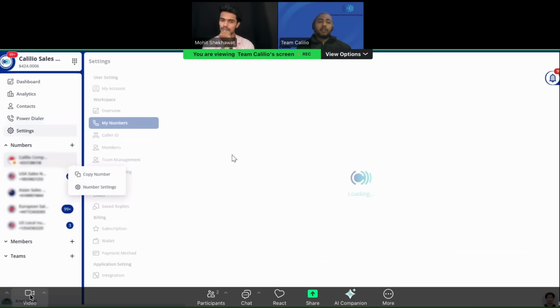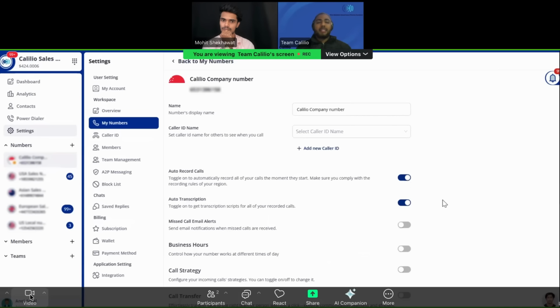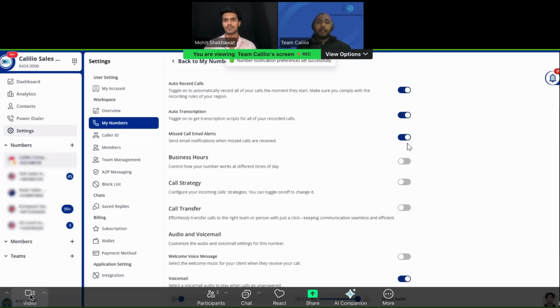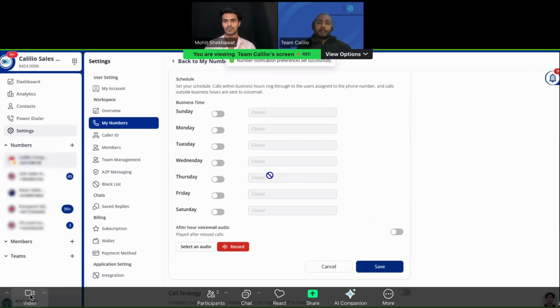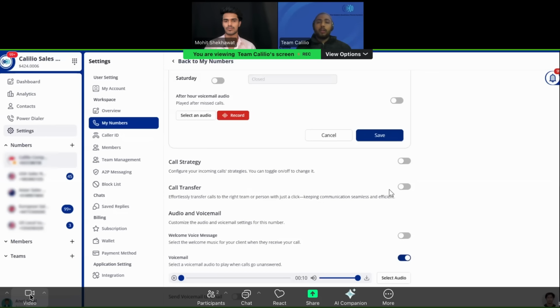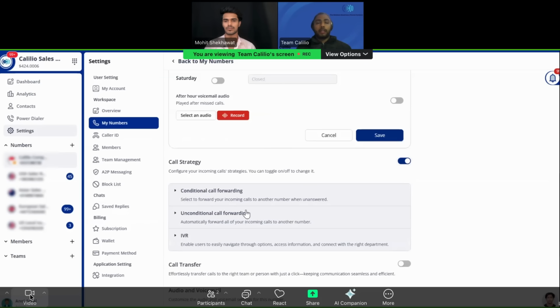Where the basic plan doesn't have these features. Let's say the basic plan has auto call records and auto transcription. They don't have business hours. They can also set the business hours and specify the working hours of their office so that only in that particular time they can be reached. They can also use the call forwarding feature, from where they can forward the call from the platform to their external number. Let's say sometimes the